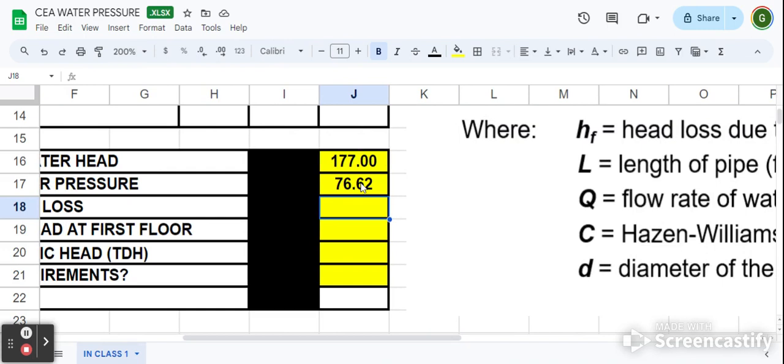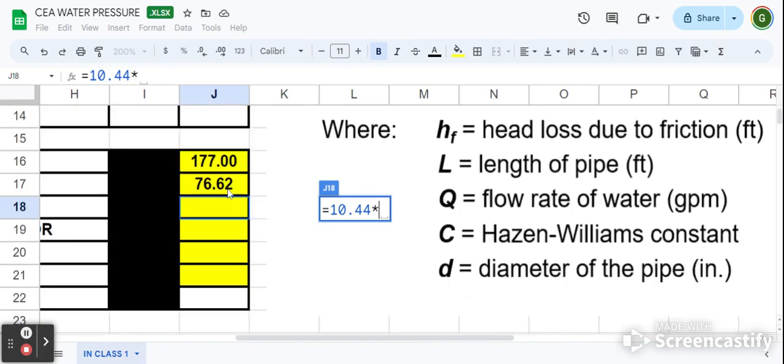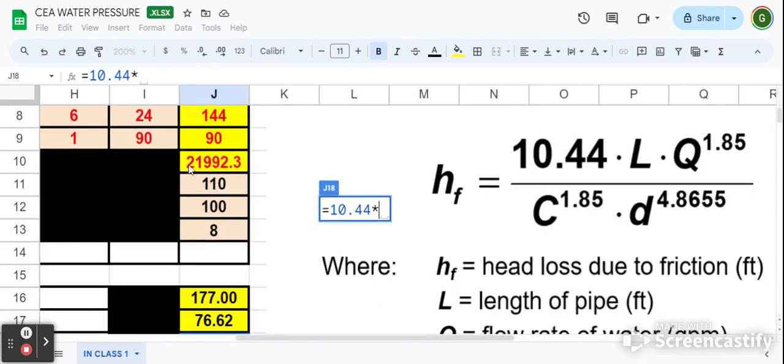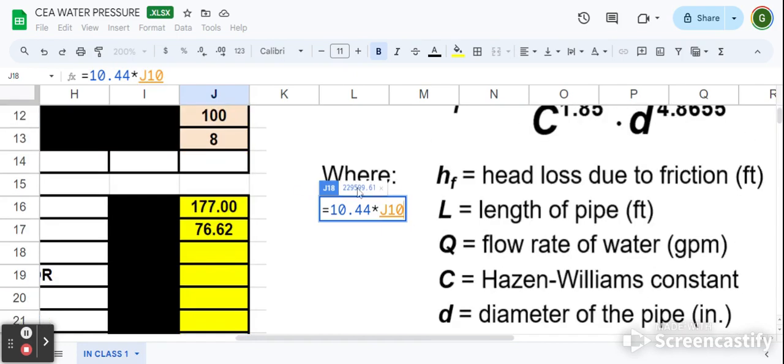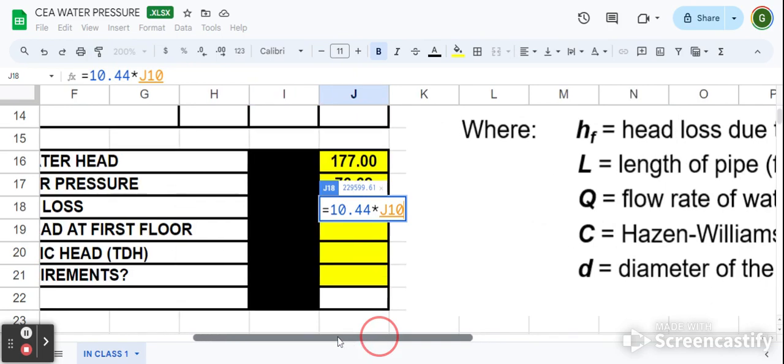Okay, so you're going to do equals. That part's easy at least. 10.44 times, let's see, 10.44 times the equivalent length. So your equivalent length is this one that just got calculated here. So I'm going to go ahead and click it, which is J10. Yes, this formula moves around with me as I'm scrolling around. So equals 10.44 times J10